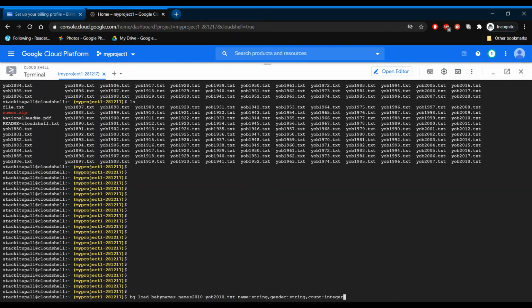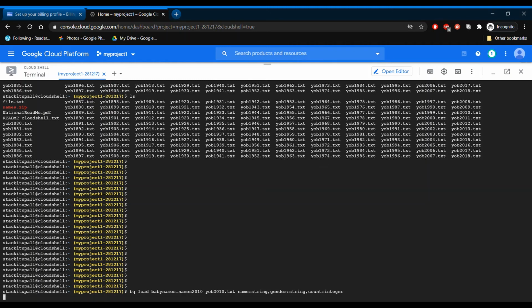So this is the file from this one, this file that we have here. We'll load this file. So after the file name, we'll give the schema that we want to provide in our table. So we have three fields here, which is name, gender, and count. Okay, so let's execute this command.